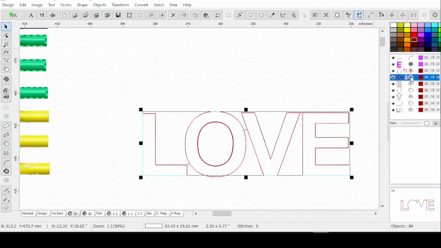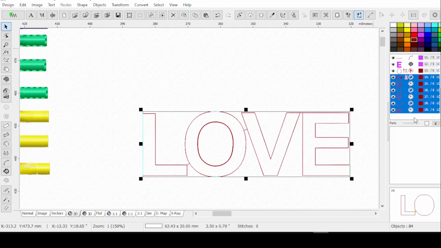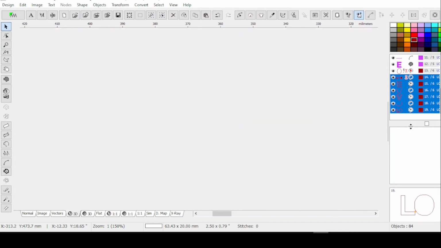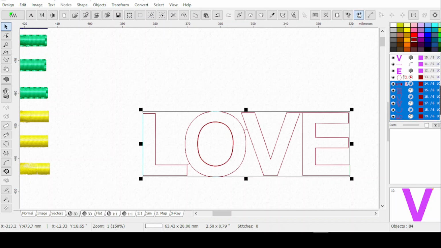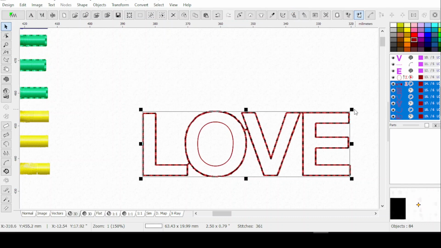So when I branched it, everything came down to the bottom of the list, you know, after I branched it. So the O is not even at the end anymore, it's at the beginning. And that's fine. We could stitch this O first or last. It doesn't matter. Sometimes you may want to stitch it first anyways, because then maybe you won't have as much movement when you do end up stitching it, you know, once everything else stitches. So we can leave it first, but then here's the rest of the lettering, and we'll generate, and there it is. It's a double